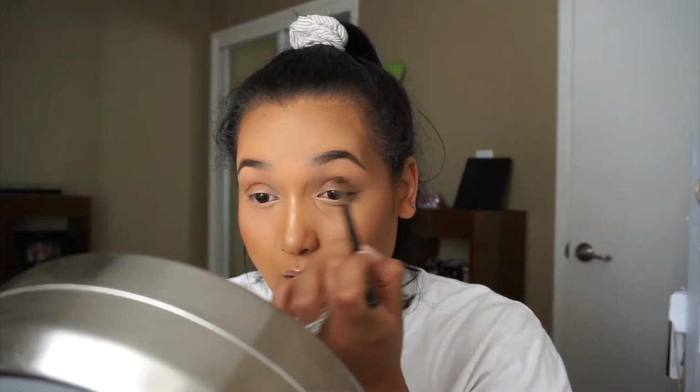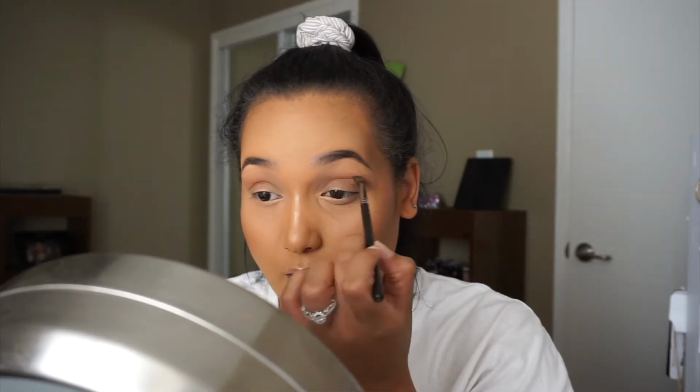And we're just going to be defining the eye. I'm going to press Burnt Orange onto the outer corner with a very light hand, and then swooping that up a little bit. Not too high up to where you're on your brow bone,